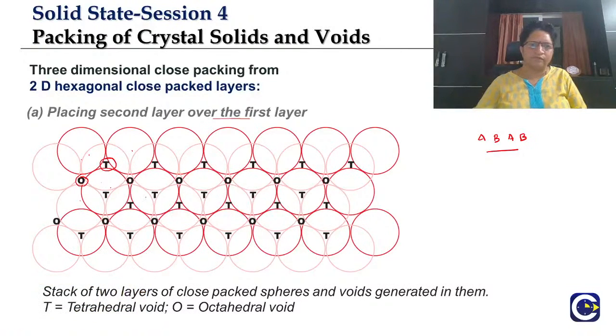Let me take something over here, the octahedral void. 1, 2, 3 are the dark circles that I have taken, and the lighter color ones are the others. There are 6 spheres which will surround that small space, 3 in this way,